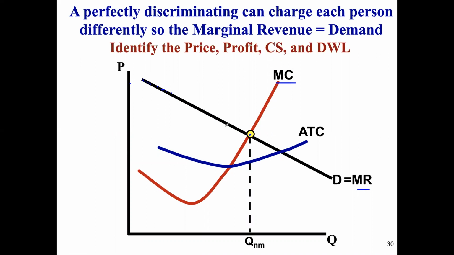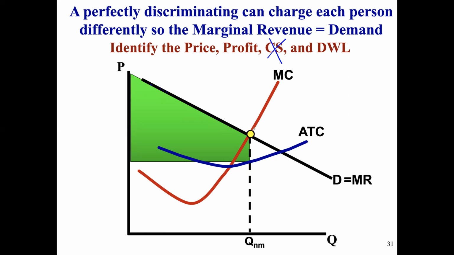Okay. Once we choose our profit maximizing quantity, where MR equals MC, we're going to choose that quantity. And then at that quantity, we compare this final price that we charge down to our cost curve, or ATC, and then over. So our profit actually looks like this. Instead of there being consumer surplus, there's no consumer surplus now. We've eaten away into where the consumer surplus would be by charging along the demand curve. There's no consumer surplus because we're able to charge each consumer exactly what they're willing and able to pay.